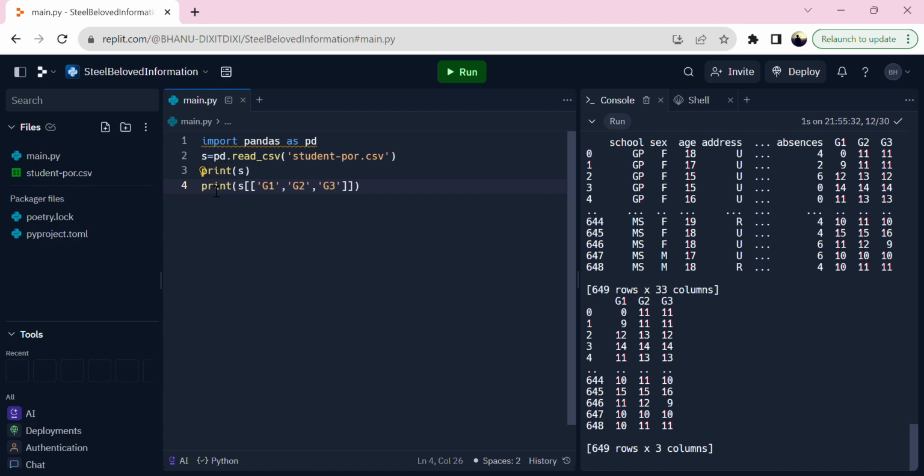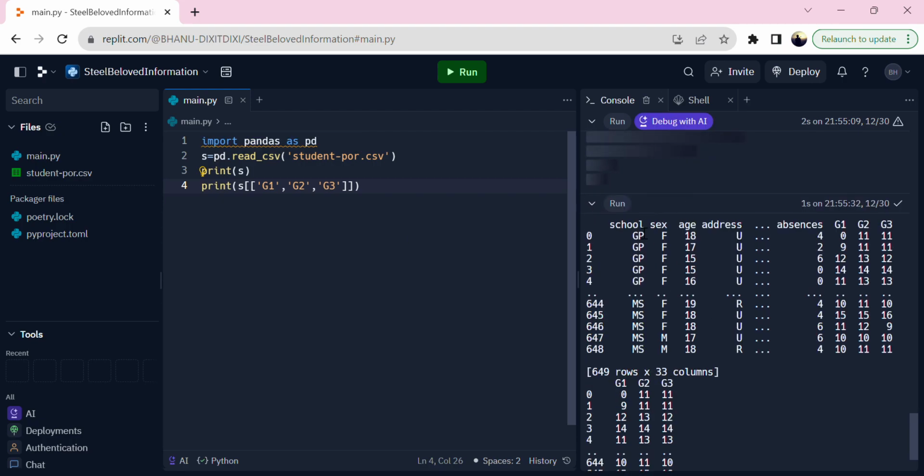Then we have stored the whole student CSV file into a variable, let's say this is a data frame, and now we have printed that data frame, as you can see right here. You can see that there are 649 rows and 36 columns, so it's not very visible on this type of